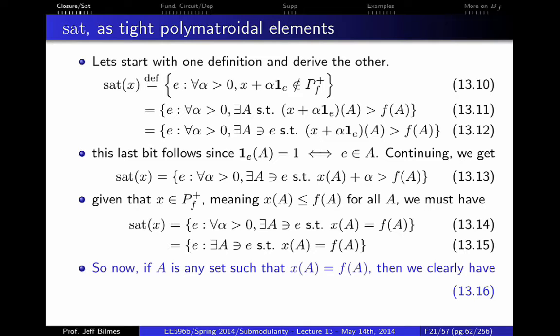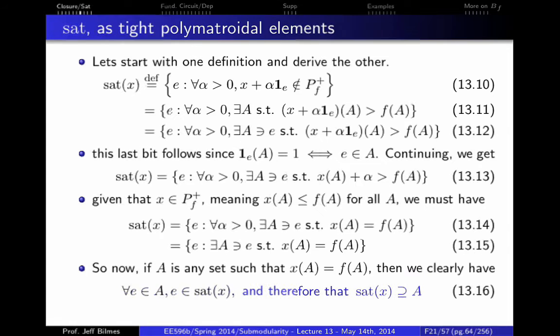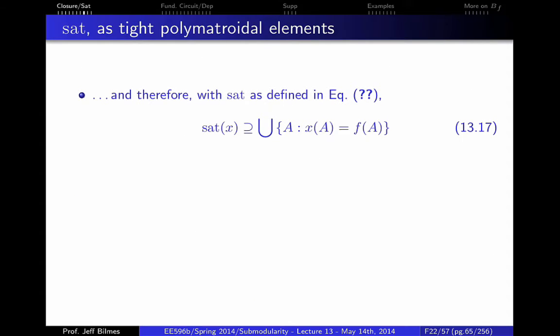But basically now it's saying any tight set A, so any set A that has the tightness criterion, then for any E containing A, we have E being a member of SAT. So therefore SAT is a superset of any such tight A. So any tight A, SAT has to be a superset of it. But there's nothing else that can be in it, so then basically SAT is equal to the union of all of these tight sets. So that, therefore,